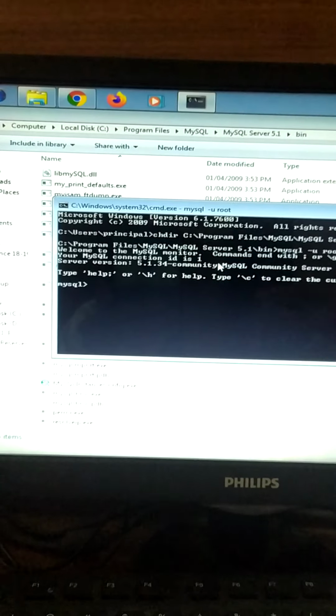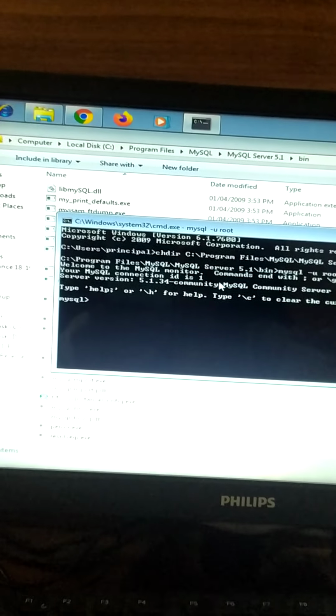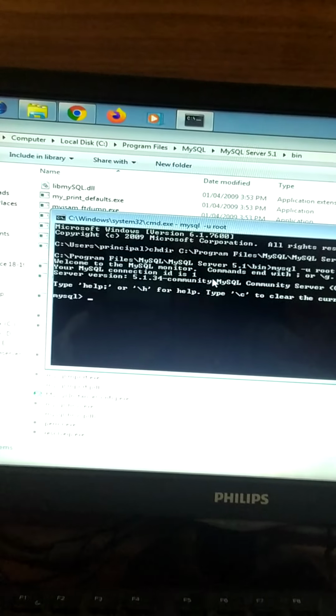Now let's start with SQL commands. We'll start learning the SQL commands. Everyone knows what a database is, what are tables, fields, records. These are the main things you will deal with over here. Now firstly we'll have to create a database. So the command to create a database is CREATE DATABASE, space, database name.